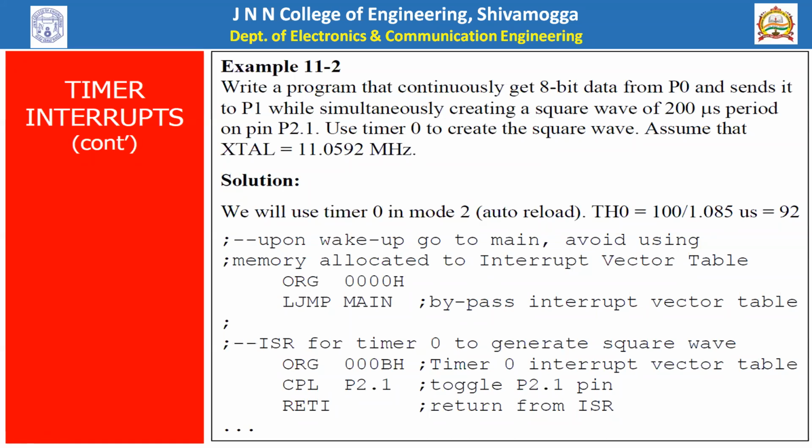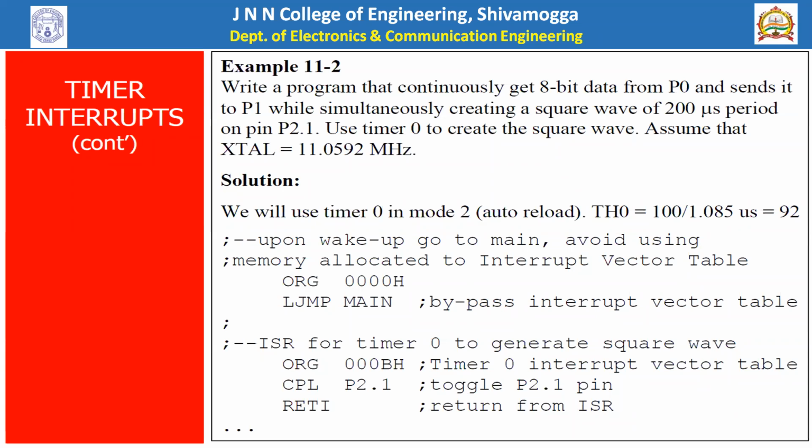When it reaches FF, once again it rolls over and comes back here. Once again it complements, so from 1 it complements to 0. Like that, you will have pulses of 100 microseconds which appear like a square wave. When the timer increments from A4 till FF and rolls back to A4, there will be an interrupt, and it jumps to the interrupt service subroutine.